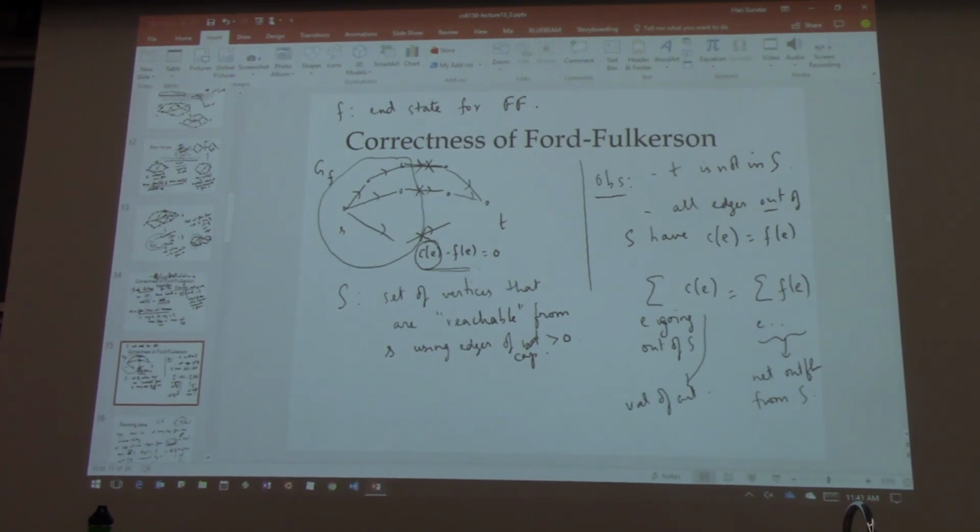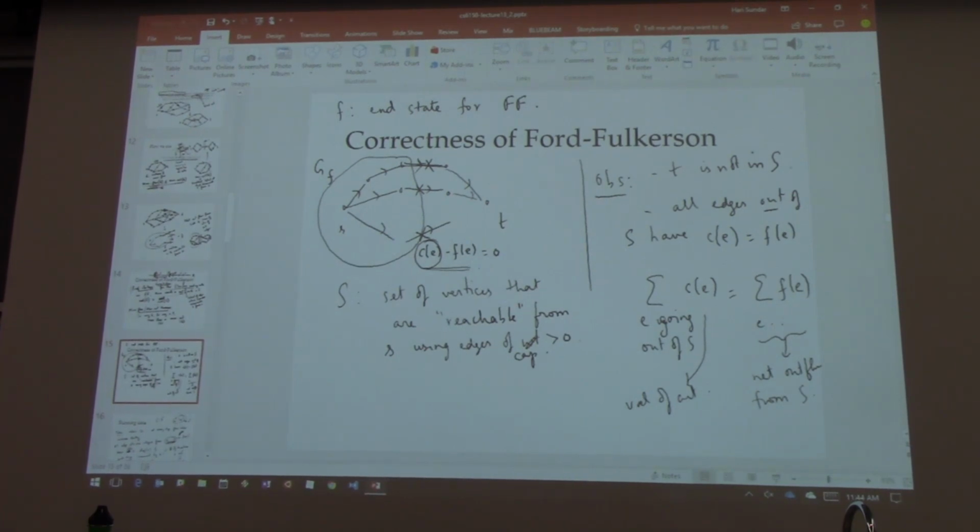Is there an algorithm for finding the minimum cut that's better than this? Oh yeah, that's a great question. There are algorithms that are better than this, but they are much more complicated. If you think about it, it's not that complicated, but yes. We will actually see one when we go to randomized algorithms. That's like 2 weeks from now.